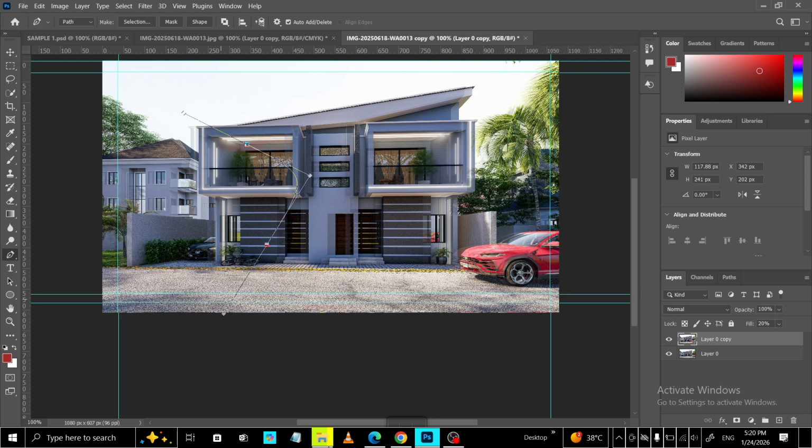Continue clicking around your subject or design to build a polygonal path, one segment at a time. Each click adds another corner, and the tool automatically draws a straight edge between the previous point and the new one. If accuracy matters, zoom in before placing points so you can aim precisely along edges. A small tip: holding Shift as you click can help constrain line angles to clean increments, which is useful for perfectly horizontal, vertical, or diagonal segments. If you place a point